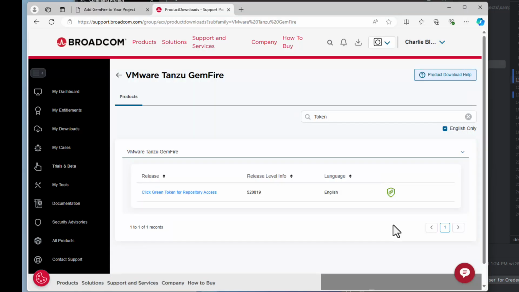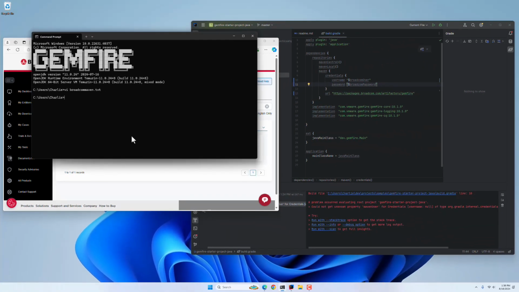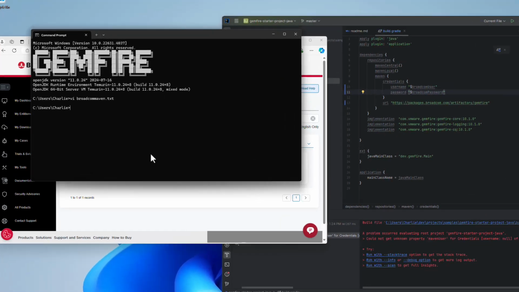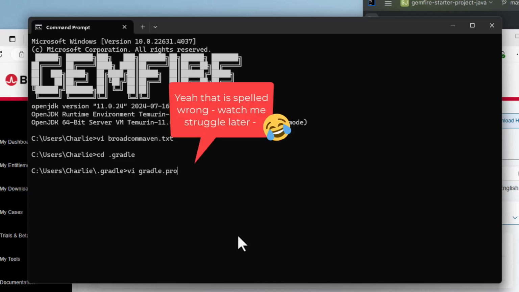Now that I have that saved away for a rainy day, I need to actually add it to something that a user could use. Now I could cut and paste my username and password into my build.gradle, but when I go check it into my GitHub, it's going to be out there for the world to see. So the way that Gradle works is that you can set up a gradle.properties inside your .gradle directory. So we just go in here and we just vi a gradle.properties,